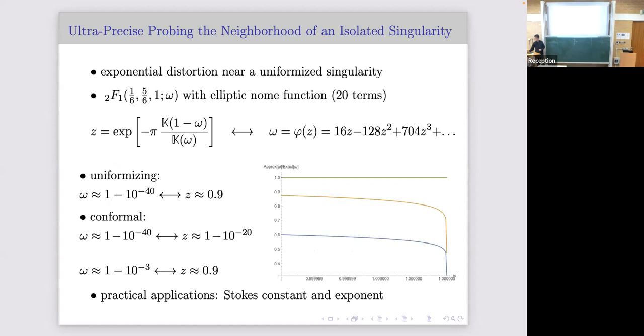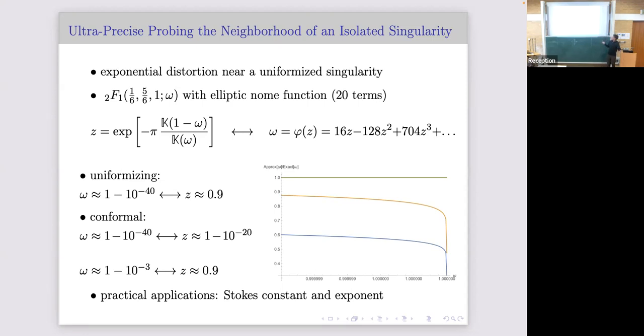Again, pictures are probably better than any statement of the theorem, so let me give you an example to illustrate this exponential distortion from the influence. Let's take the Borel function. This is the Borel function of the Airy function. This is the simple hypergeometric function. So it has just one branch point, one branch cut. And the uniformizing map is a sort of big non-function. So explicitly, if you start with omega, you map to this z here in terms of these elliptic integrals k. So the expansion of omega looks like this for the inverse, so you can go back and forth.